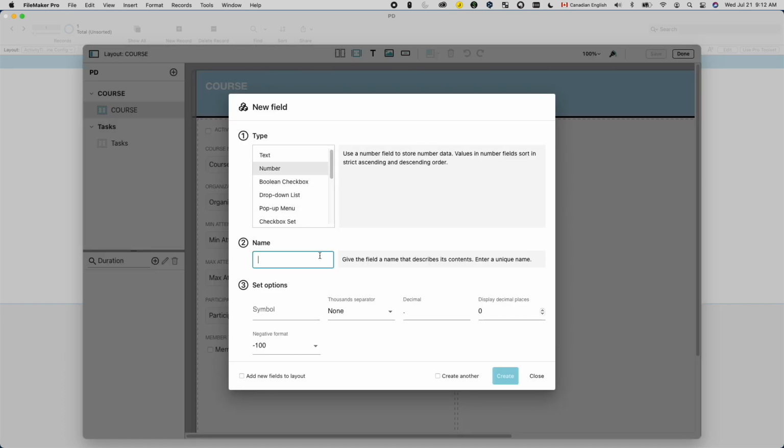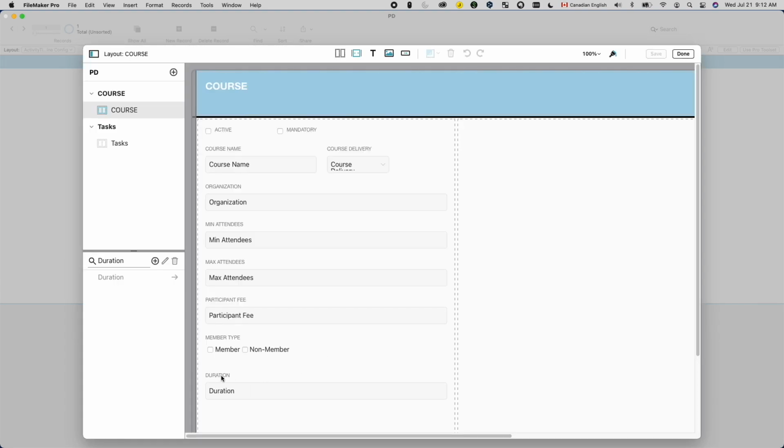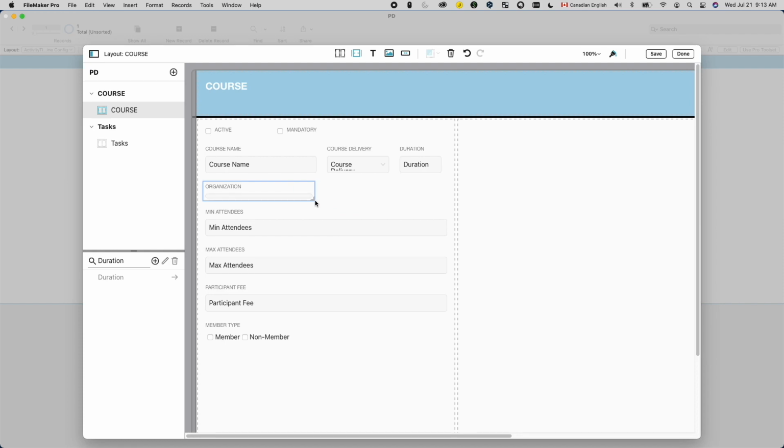For many of us who have been using FileMaker Pro for a while, when we build applications, we always start with data, trying to understand what entities and attributes are involved and what's the relationship between them. It's like we always put on our database developer hat first before we put on our designer hat.